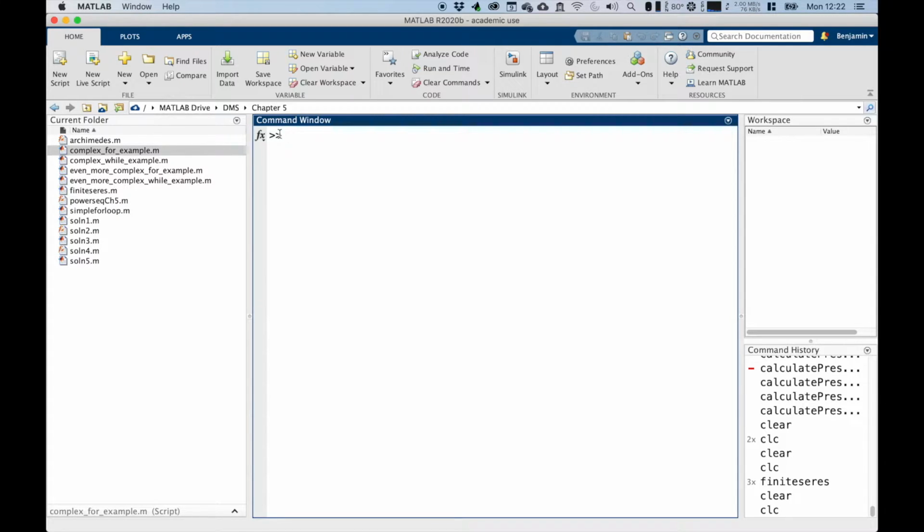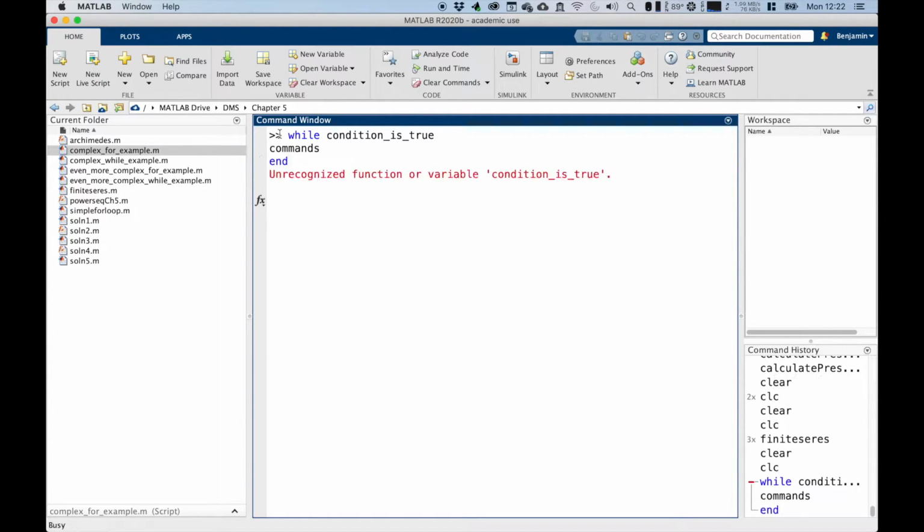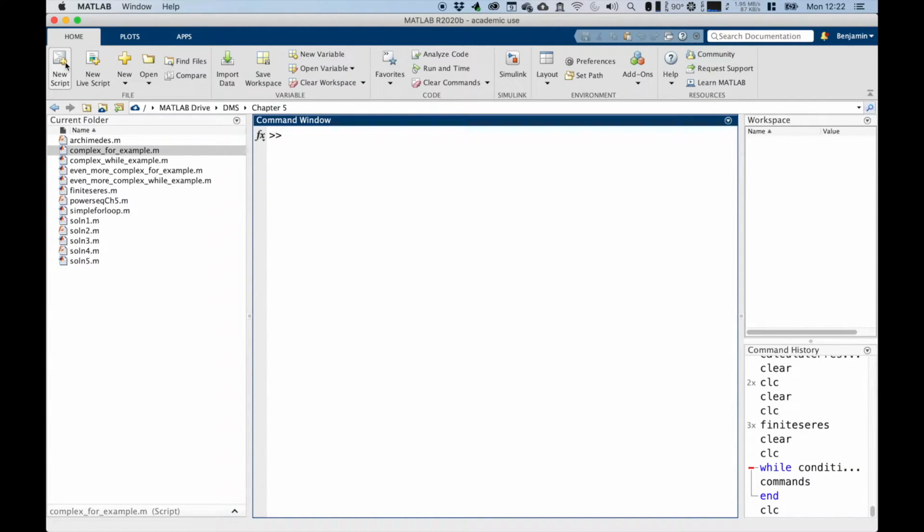Now the syntax for a while loop is not dissimilar. We write while instead of for, and then obviously instead of setting the number of times, we set when this condition is true, and then we run our commands, and then we end it with an end. Now it's given us an error because it doesn't really understand what I'm writing, but that's basically the way that works. So if I make a new script,